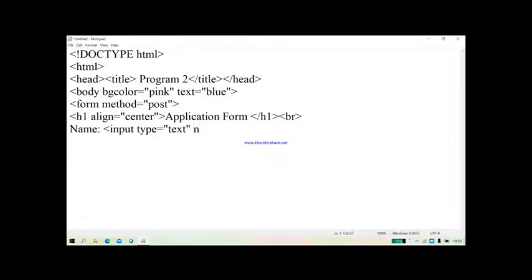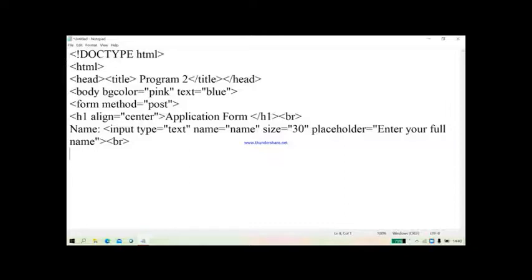So you will write this type as text, name is equal to name and size which you will write as 30. So here one more attribute we will write, that is placeholder, where you can write enter your full name, so that whenever a program will be run, then user will get the information as enter your full name, so that user can enter the full name.